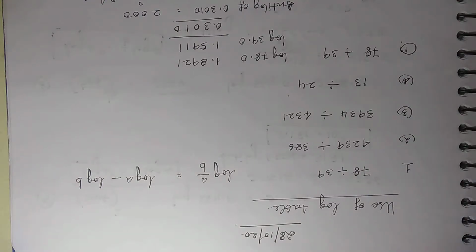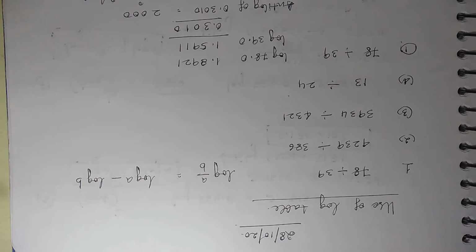Yes, good morning, children. Yesterday we saw how to use the log table to multiply two numbers. You can multiply three numbers also, four numbers also. The only thing is you have to add all the log values, find the sum, and find the anti-log for the sum. You get the answer. It's not necessary that you can multiply only two numbers. You can multiply three, four, however many numbers you have.